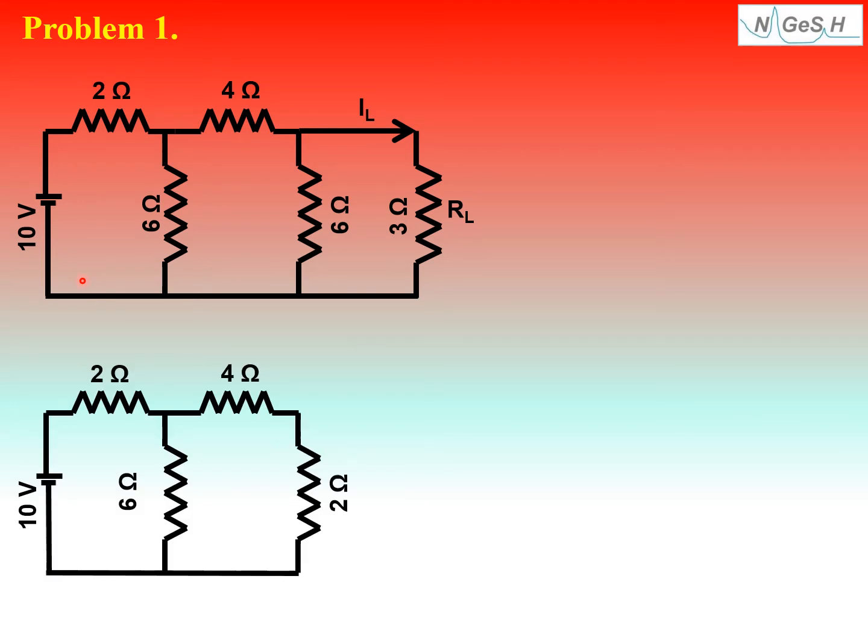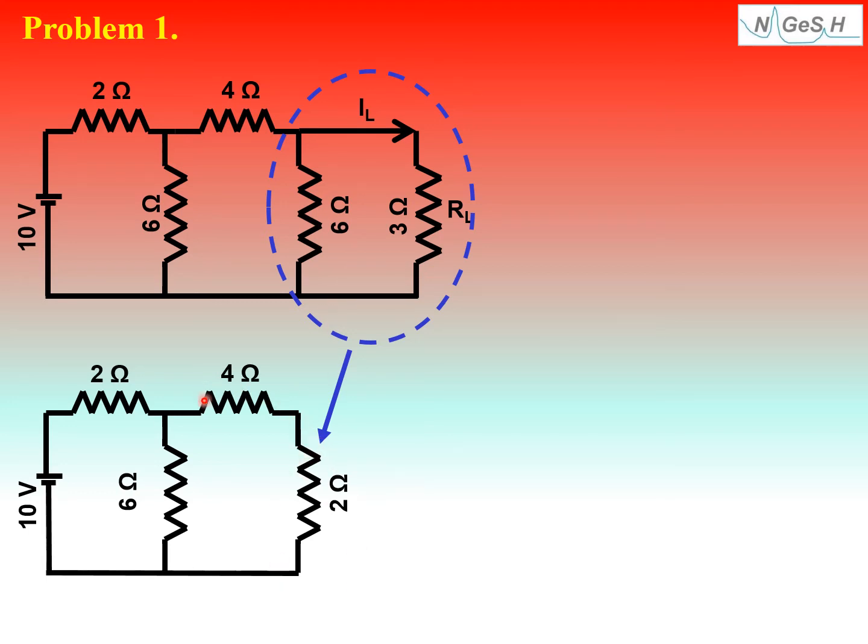Now if you see here, the 6 ohm and 3 ohm, these two are in parallel to each other. So we have to reduce these two, and what we have done is a parallel combination of these two will give us a 2 ohm resistor. That means here 6 into 3 by 6 plus 3, that is what we have done here. So we got a 2 ohm resistor. Every other part of the circuit is as it is, we didn't change anything in the other circuit, only these two are replaced with one single resistor.